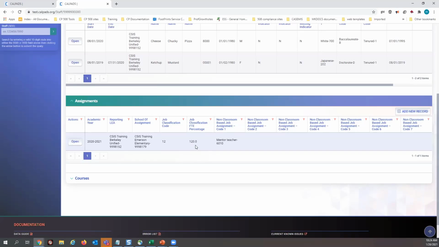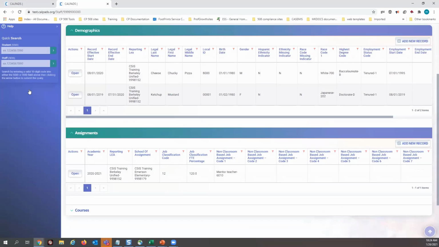You would wonder how come this is 120? Well, I don't know. Sometimes maybe you have to contact your HR as to why this person has 120 FTE. So this is a scenario where a staff member is a teacher, but does not have a course assigned to them. Okay, so you have here 120, and so they're assigned to a mentor teacher job.